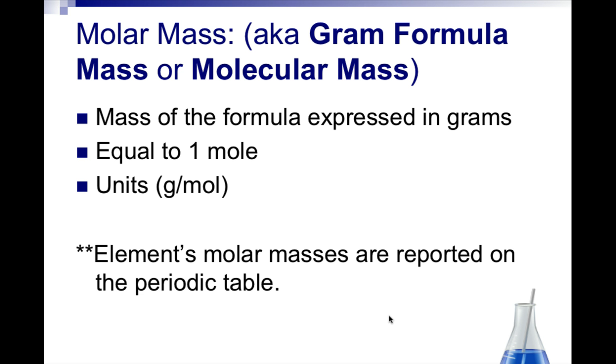The molar mass, or also known as the gram formula mass or molecular mass, is the mass of the formula expressed in grams, and it will be equal to 1 mole. So we'll get used to seeing this unit here, grams per mole. You can either spell mole M-O-L-E or M-O-L. Elements' molar mass are on the periodic table, so the mass for the elements is actually with the unit, grams per